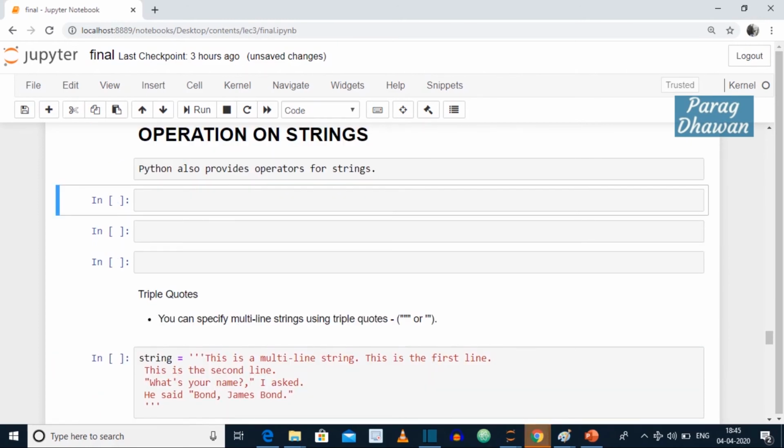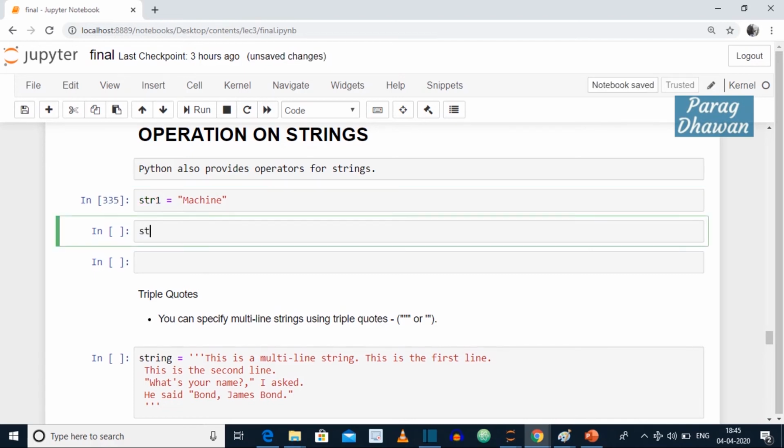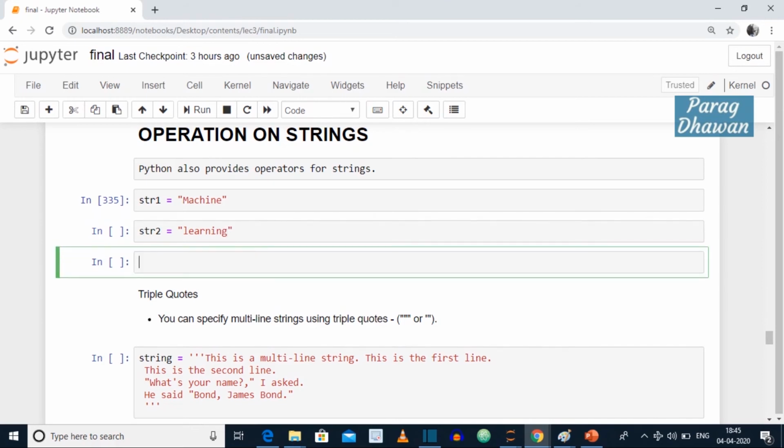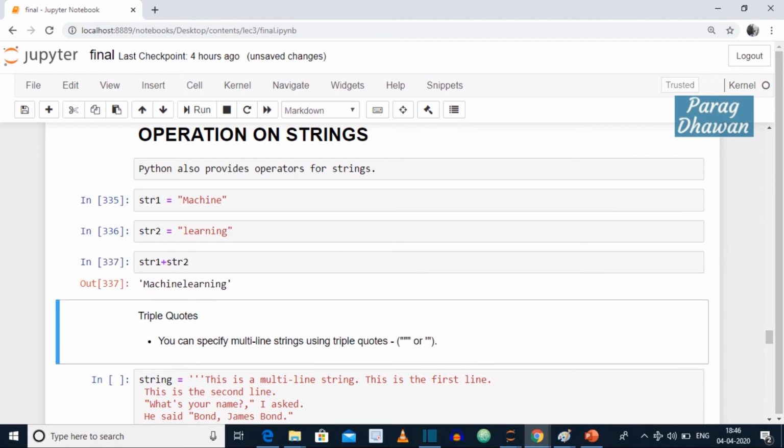Python supports operations on strings using the addition and multiplication operators. For example, if you have str1 as machine and str2 as learning, if you perform str1 plus str2, string 2 will be concatenated at the end of string 1: machine learning.